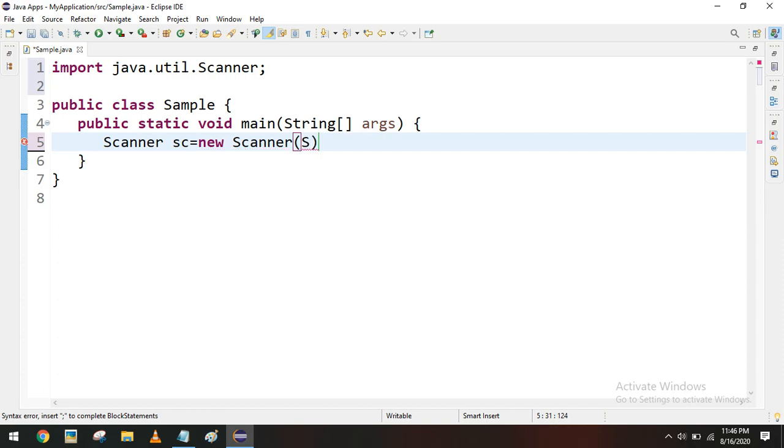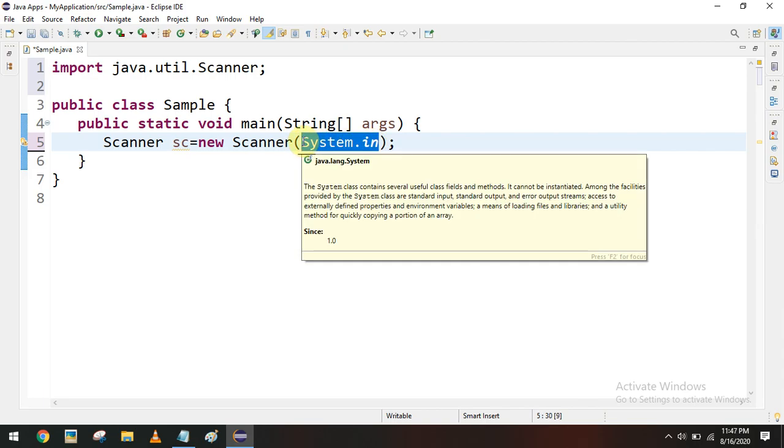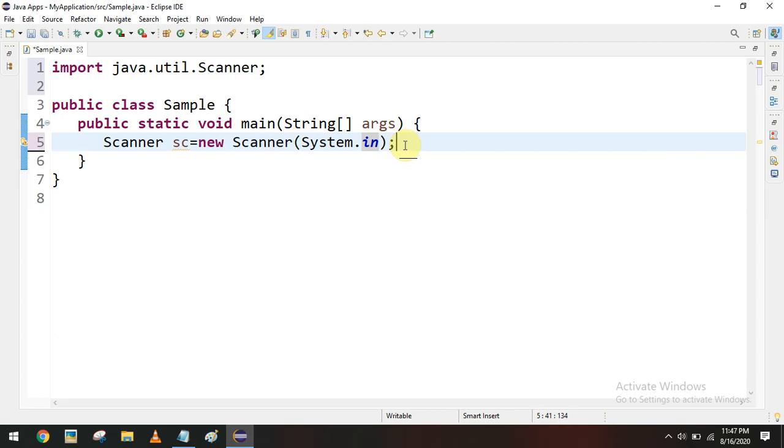The keyboard we can access using a standard object called System.in. This is a standard input object, and it is directly linked with the keyboard as a software abstraction. So whatever you type in the keyboard, we can scan using the Scanner object, right? So this is the first step we have to do.